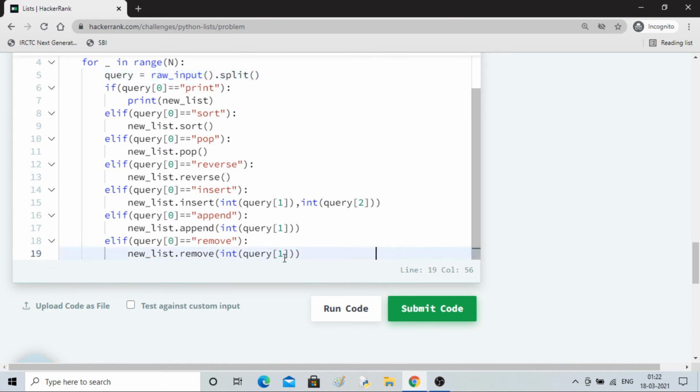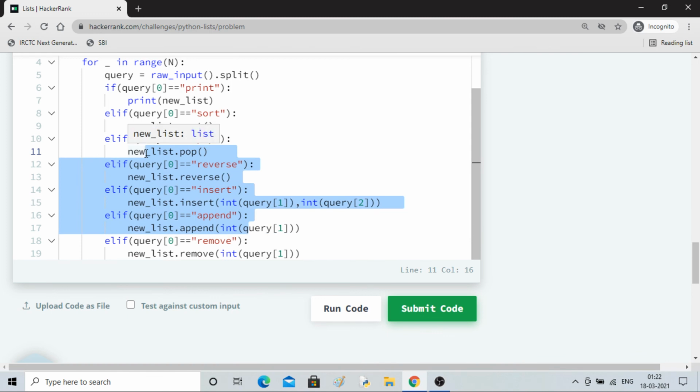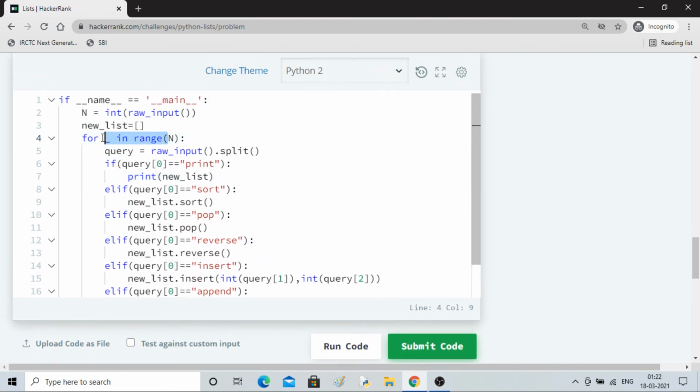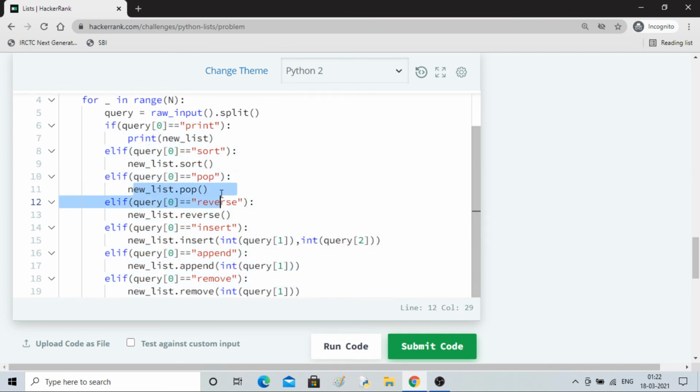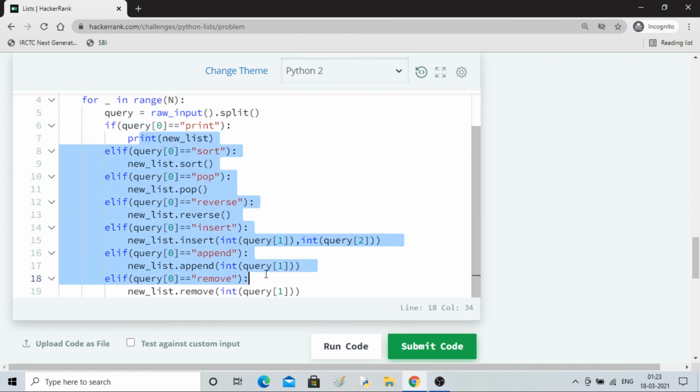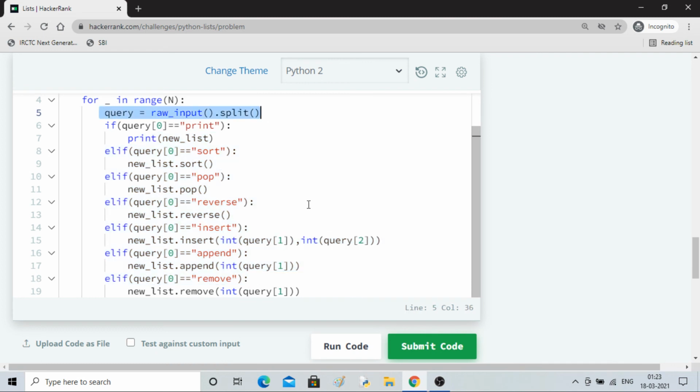It is simple. We just use a case style of C and implemented it one by one. The for loop is running n times, because we have taken an input here and we are utilizing it here, and one by one we took the query. One time it will take a query, check which condition it is following, and depending upon that the output will be done. Then in the next iteration it will take the input again, perform the output, and so on.